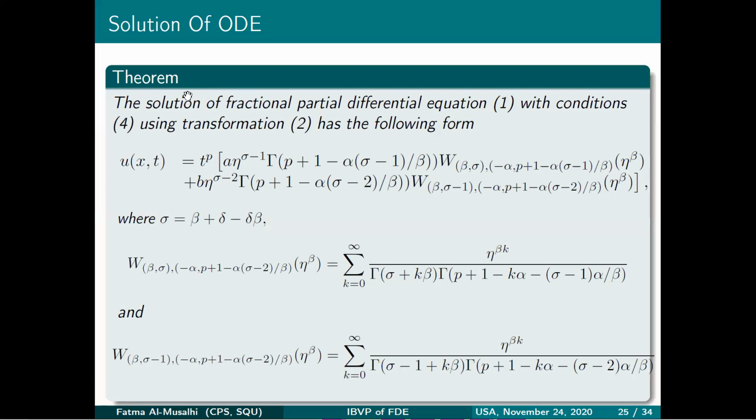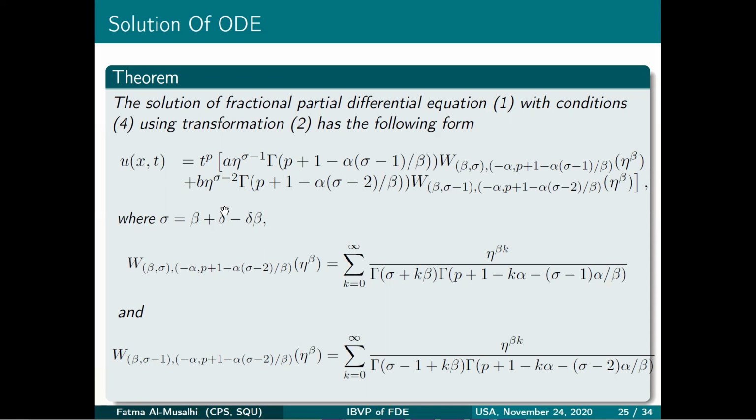So our solution of the partial fractional differential equation with conditions 4 and transformation 2 is given in terms of eta. But here we have to keep in mind that eta is x t to the power minus alpha over 2, and now the solution is written in terms of the Wright function. We have just to mention that for delta equal to 0,